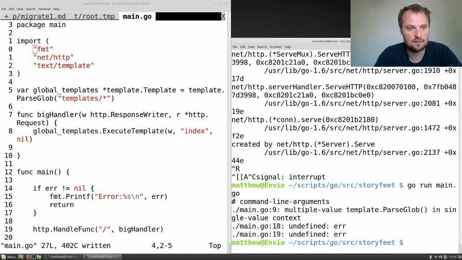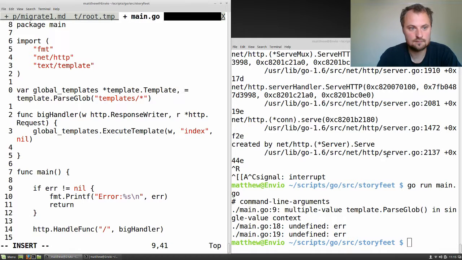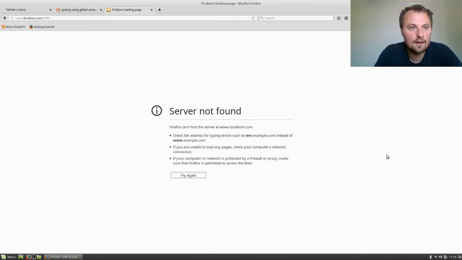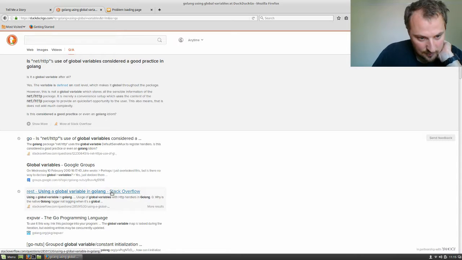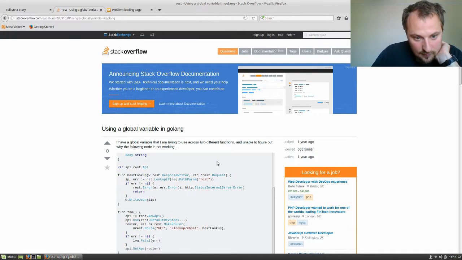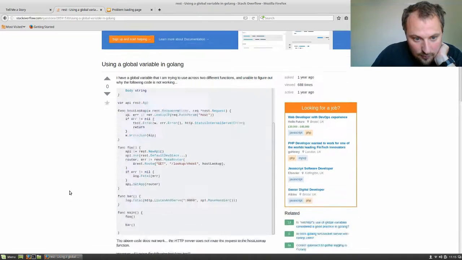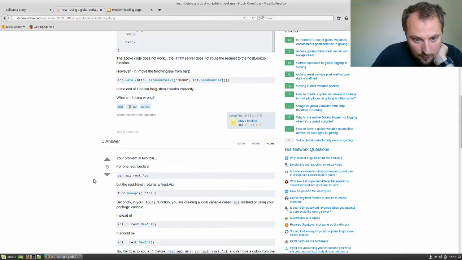Of course error is undefined. Log fatal. Fine. I'm quite annoyed by this inability to work out how to do using a global variable in Golang. The problem is twofold. One, you declare a bit of